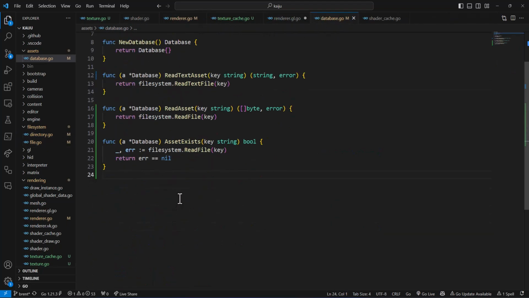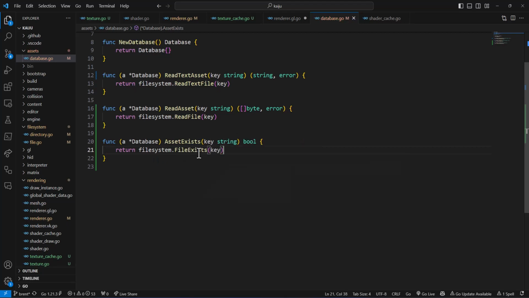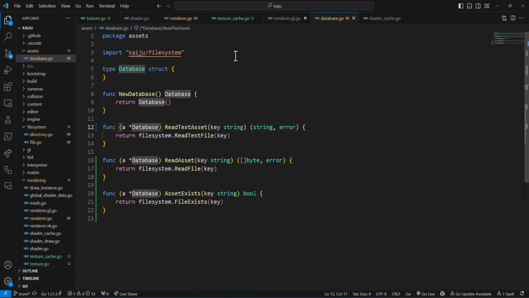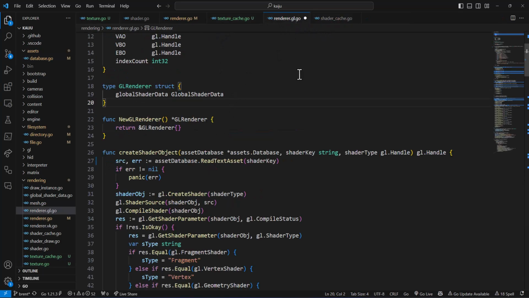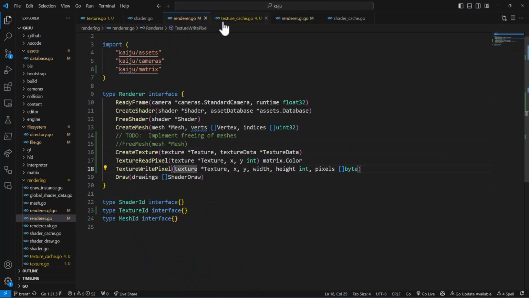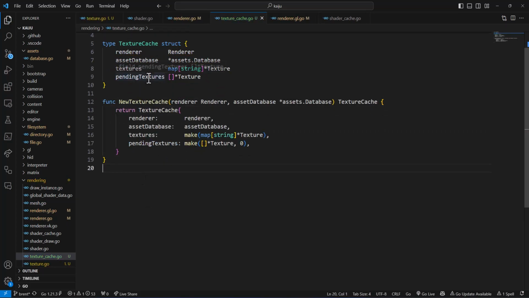Now let's unwind some of this stuff that we were doing. Return file system file exists key. Cool. What was I doing here? Read text asset. Okay. All right. So back to what we're doing here. So func new texture cache. This is going to be similar to the shader one. So let's see, texture and pending textures. Okay, and then we're going to have